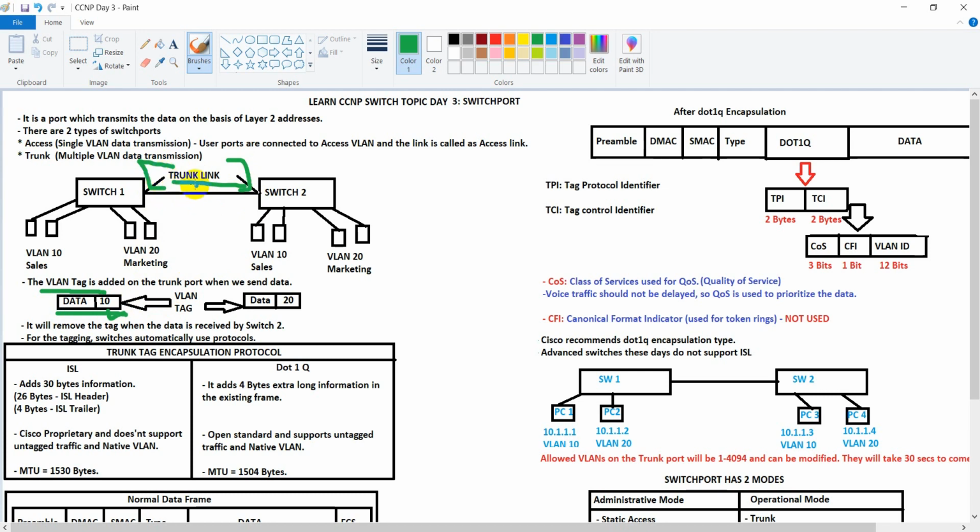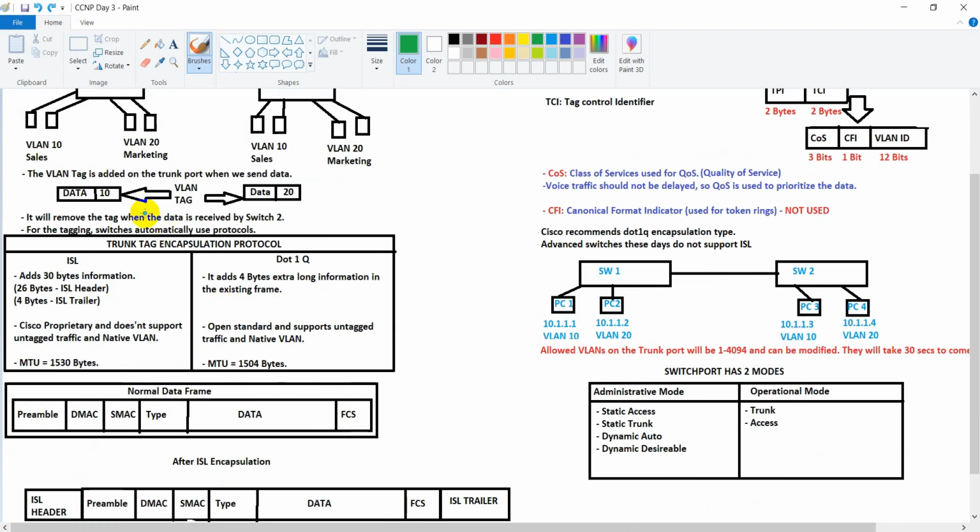The trunk link will have multiple VLAN transmission across it, so it will allow this VLAN 10 and VLAN 20 at the same time. So the users from VLAN 10 can communicate to VLAN 10 and the users from VLAN 20 can communicate to VLAN 20. I'm sure you must have got these things in the previous session.